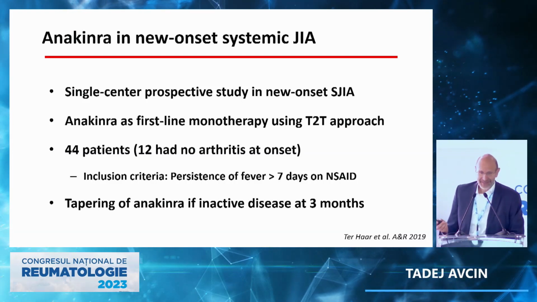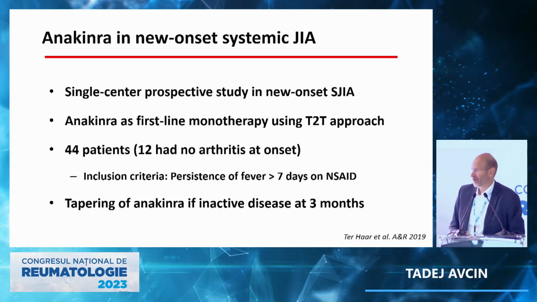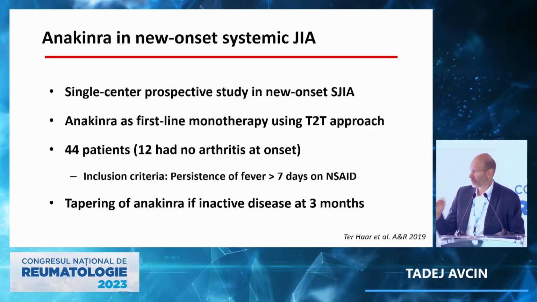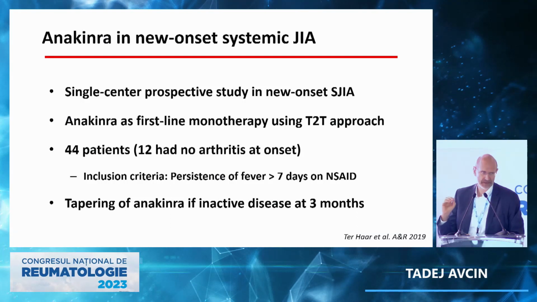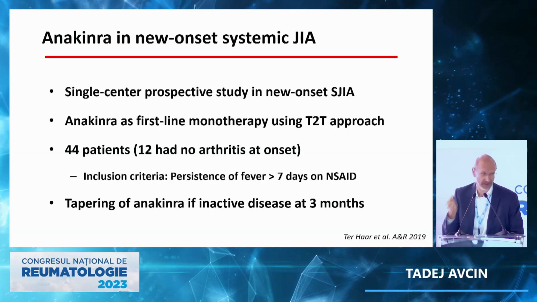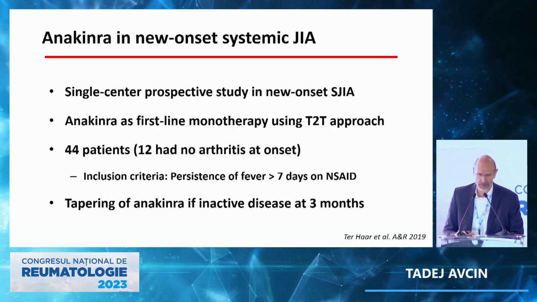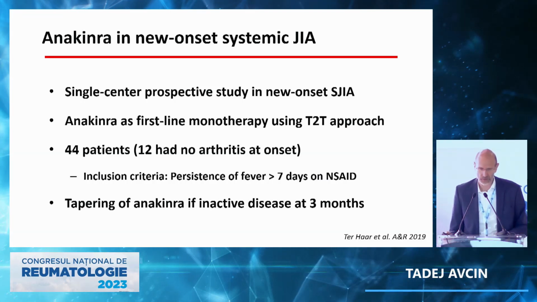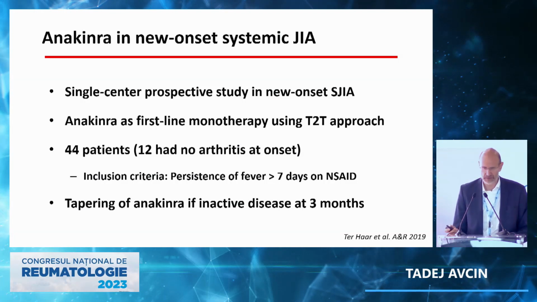We can comment that in this group, the inclusion criteria were really very low. Persistence of fever for 7 days on non-steroidal anti-inflammatory drugs and already giving biologics. Anakinra is a little bit earlier in our opinion, but definitely we are also giving anakinra as a first-line monotherapy